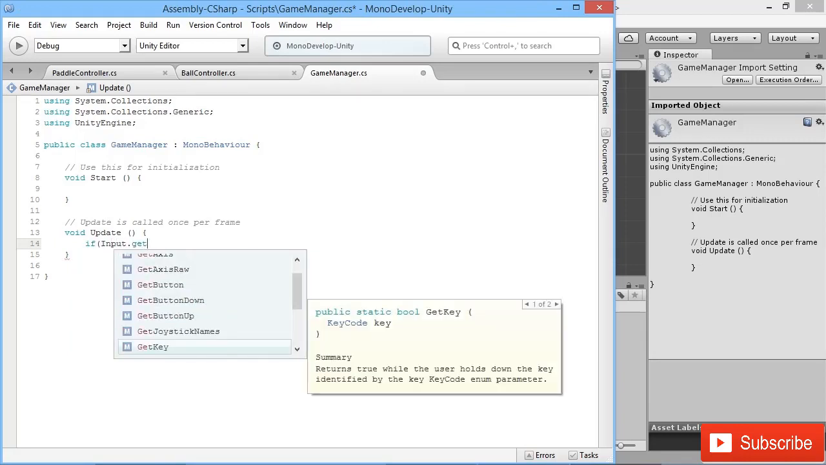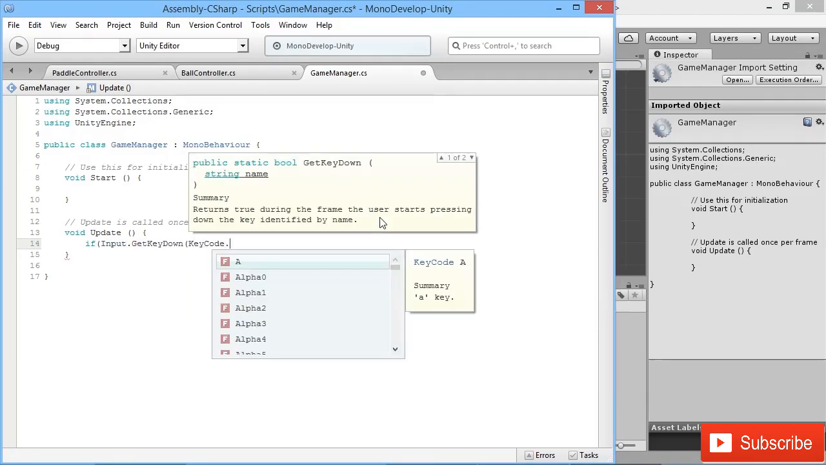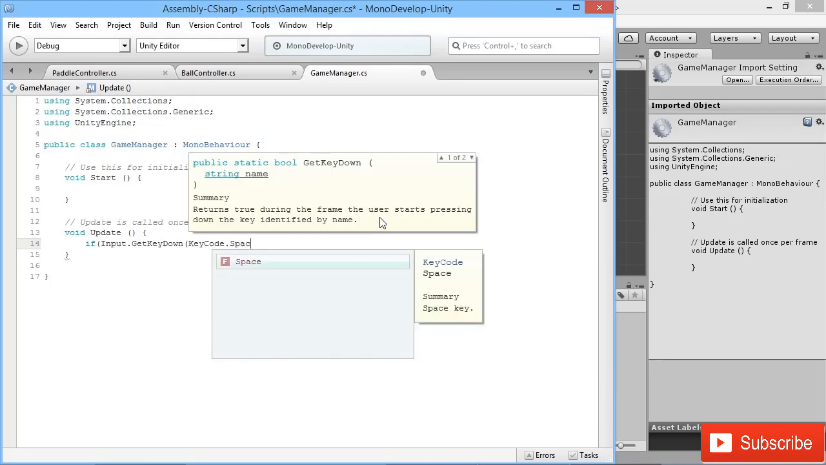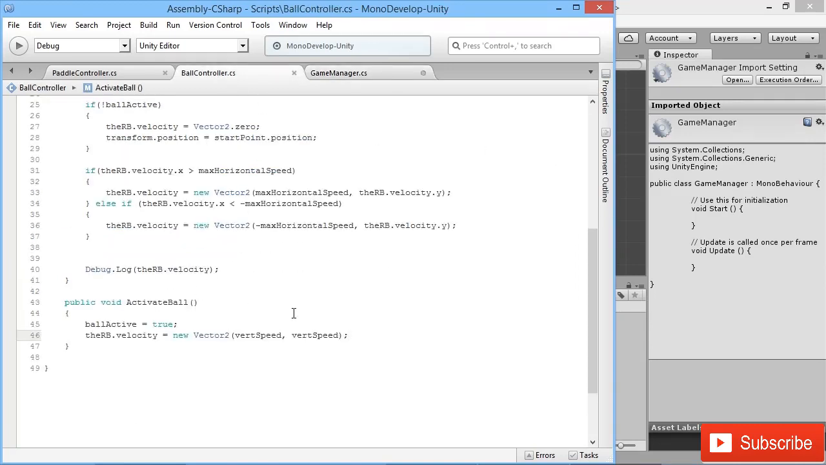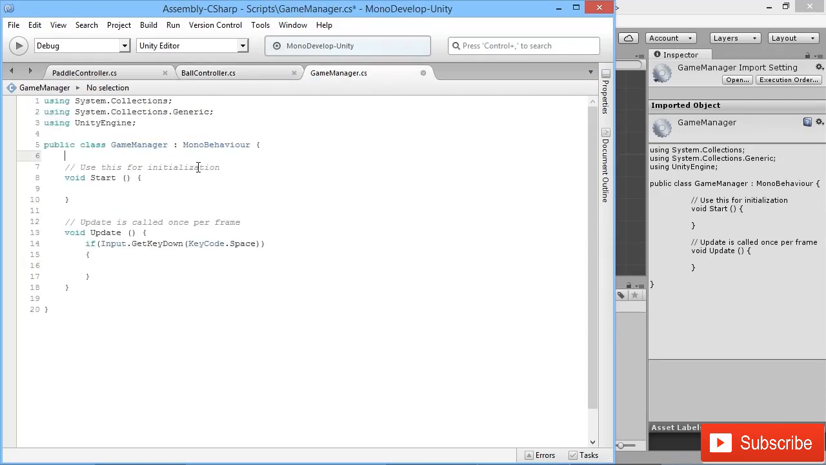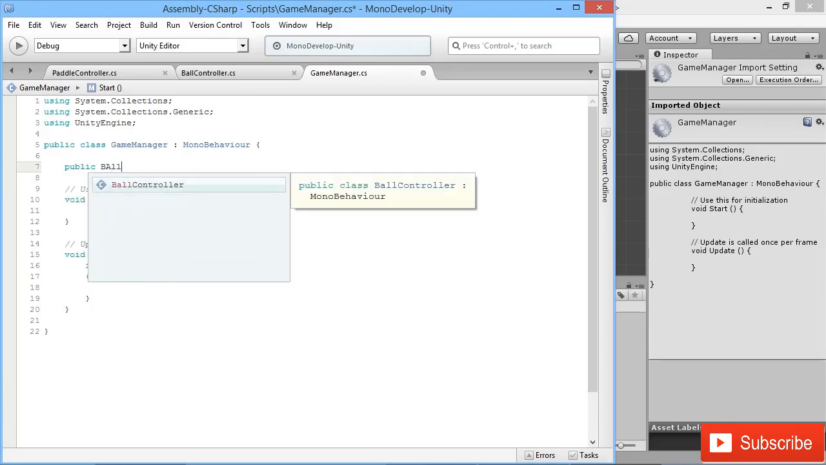So we're going to say if Input.GetKeyDown, and the key code that we're looking for is the space button, so KeyCode.Space. If the player presses the key code for space, then on the ball controller script, we're going to call the ActivateBall function. We know there's only one ball controller in the game, so we can do like we did in the previous project again, and have a reference here to the ball controller